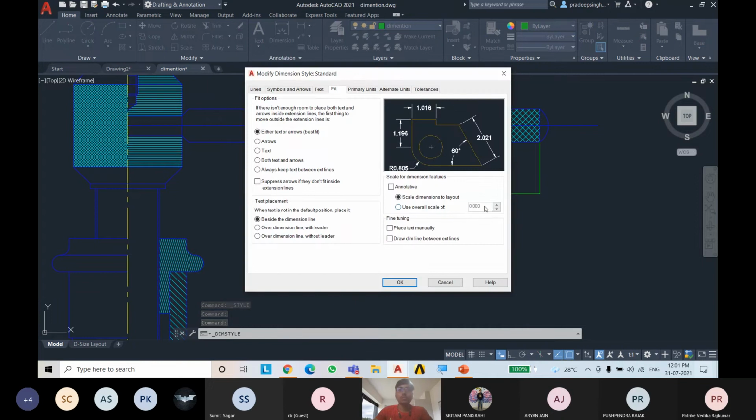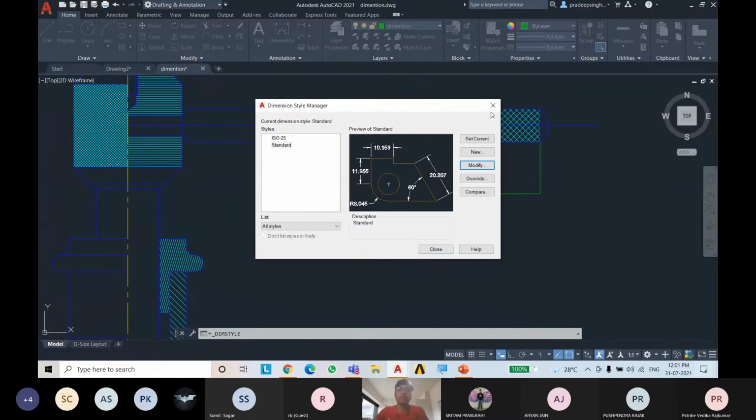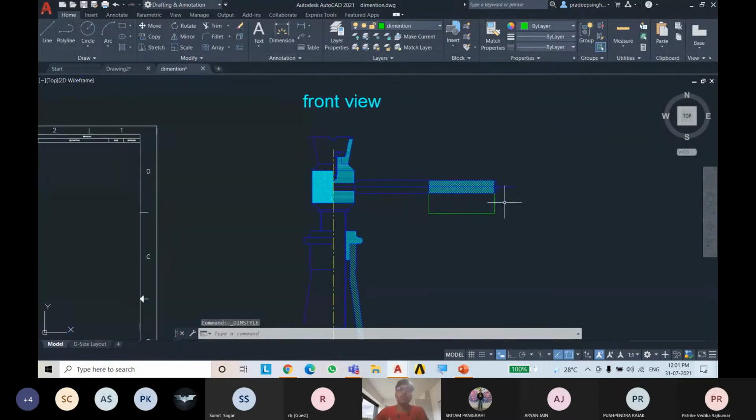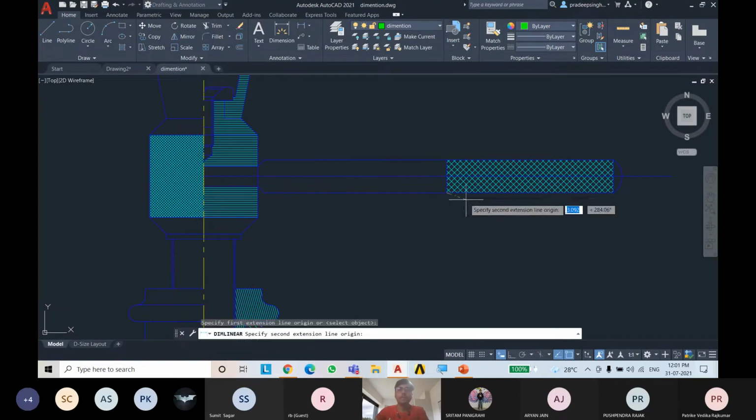You can see, just go there and increase the size to let's say 10. Press OK and press OK. Delete this, change this.